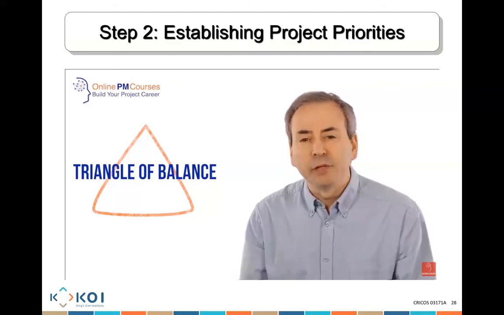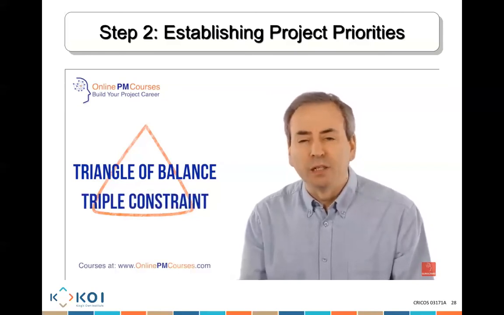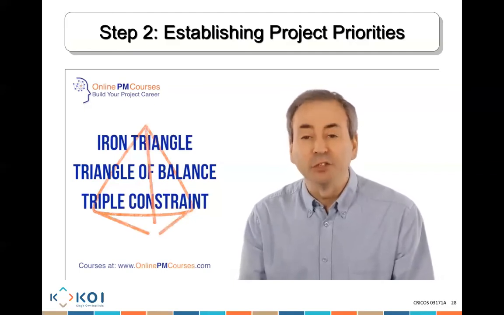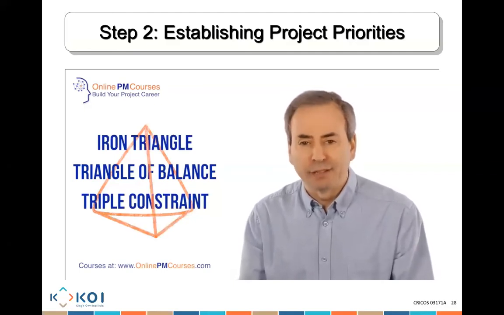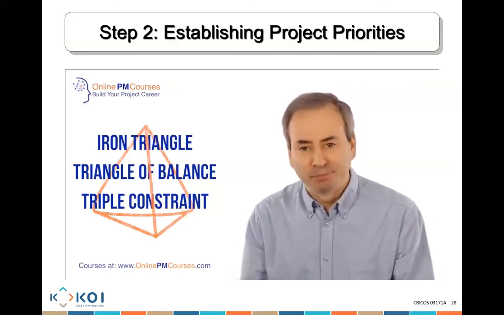Consequently, the three corners constrain one another. So the iron triangle is also sometimes known as the triple constraint. In my courses, I discuss how scope and quality are different, and therefore how the iron triangle really has four corners and gives you, as a project manager, even greater flexibility. But even with four corners, it is rigid nonetheless.